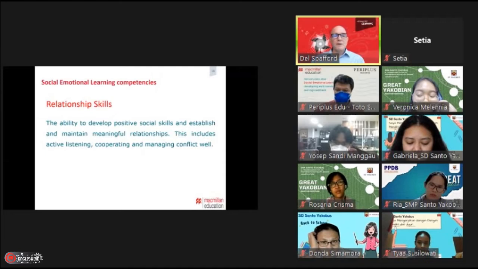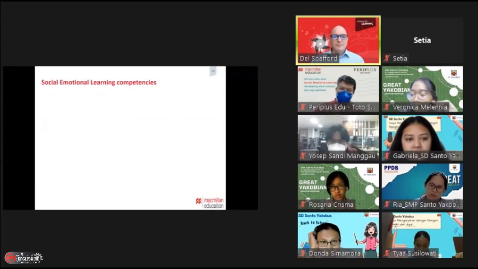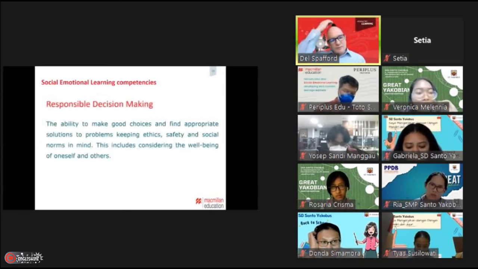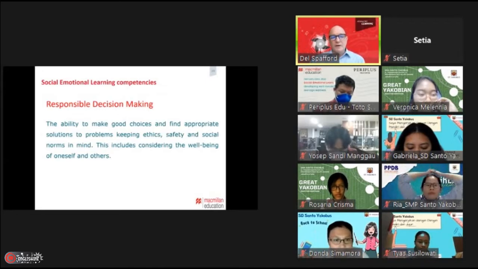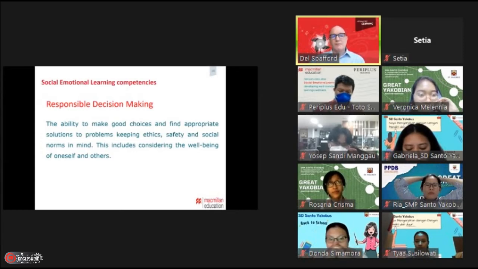This is all about 21st century skills. If you think about that, collaboration and cooperation within groups. And then the last one is responsible decision making. So again, this was looking at the combined definition of social emotional learning. You have to work together. You have to consider each other's ideas. You have to then make a decision based on that information. And this is all about